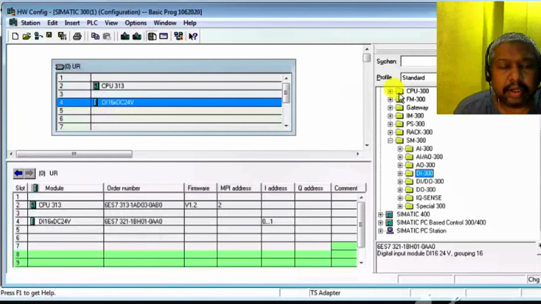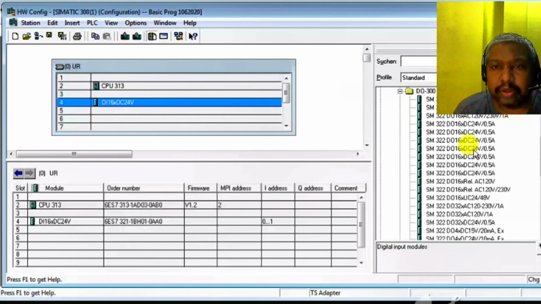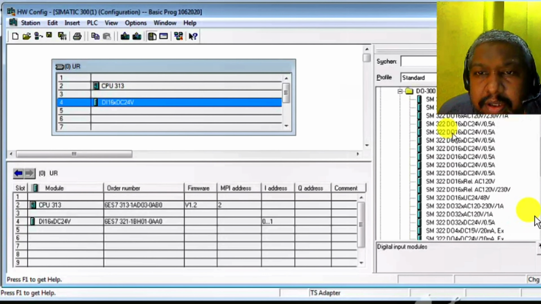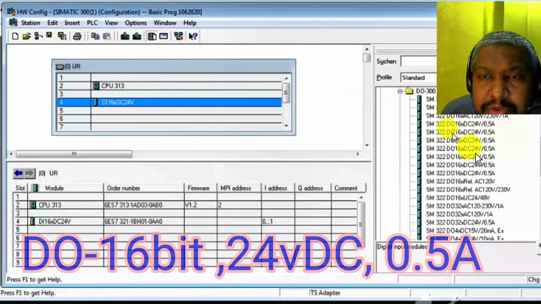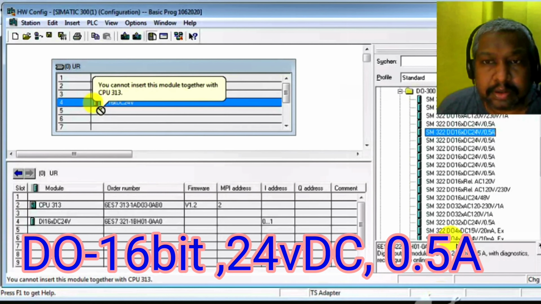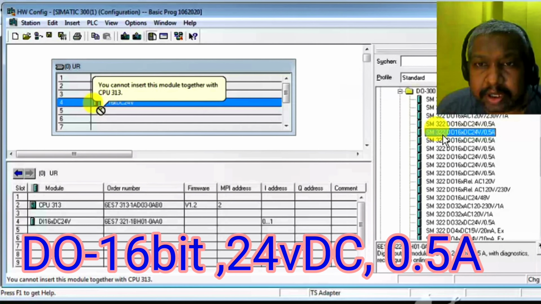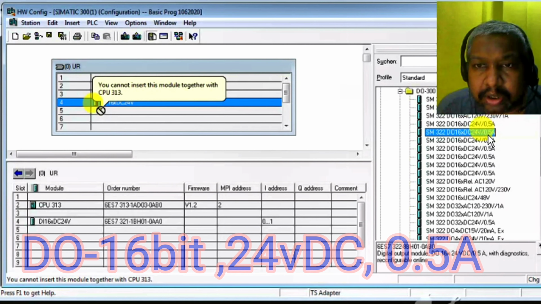So go to the DO, this is DO, and select the DO which we require. There are also different types of DOs having different specifications. That means DC 24 volt 0.5 ampere is one, and another is relay AC 24 volt. These are different types of output which we require. So select SM322 DO16 DC 24 volt 0.5 ampere.